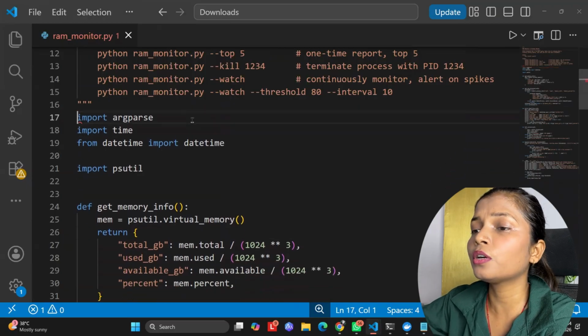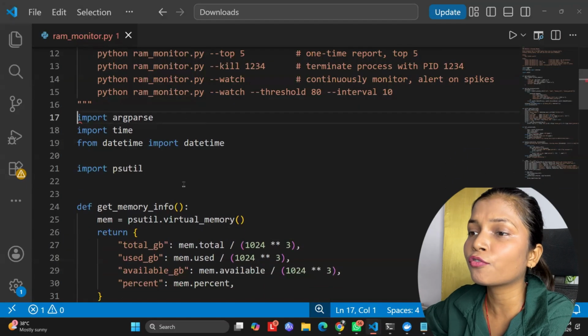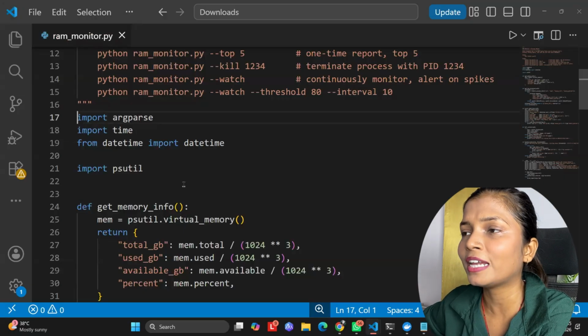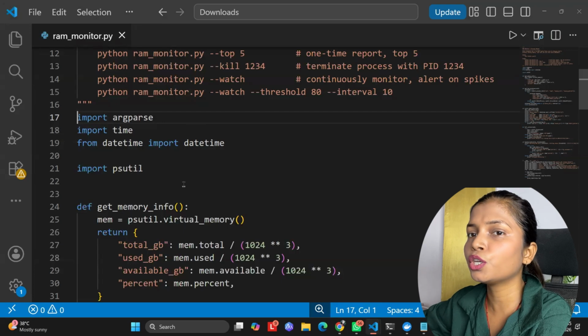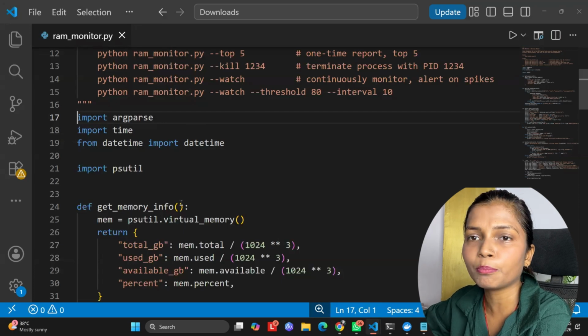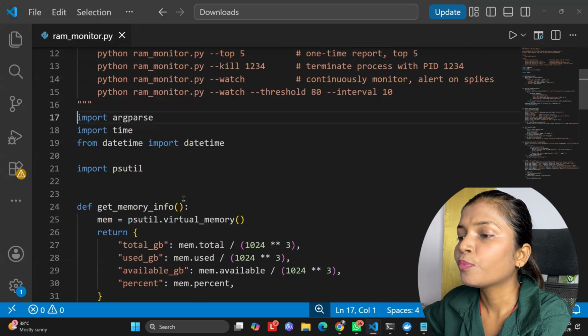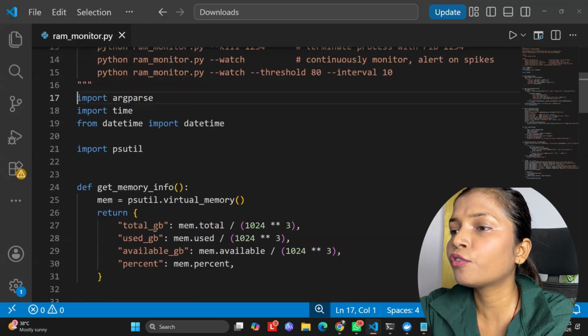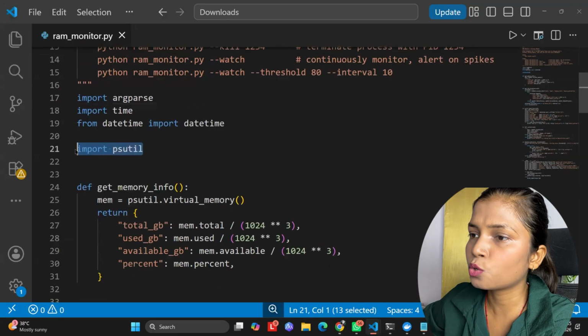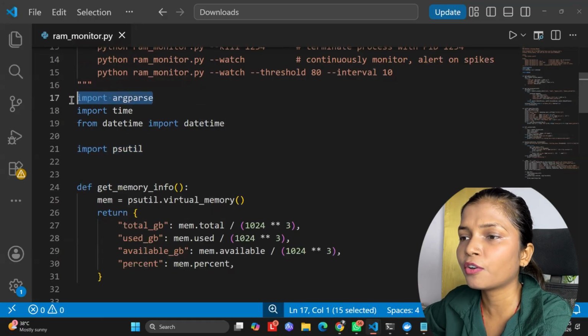I will be showing you the complete code, and I will be explaining each and every line of the code in this particular file as well. I will also give you the Python file, which you can use as a reference to create the perfect project for yourself. Now, when I talk about the code, the very first thing you have to do is import the required libraries. I'm using 3 libraries apart from psutil.